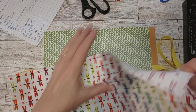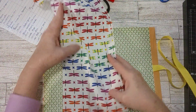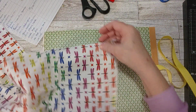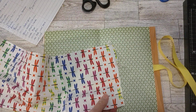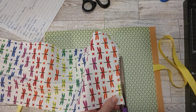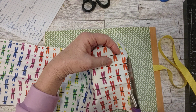And then this, I'll cut a piece for the inside spine here, and I think that'll be a nice colorful piece to put in. So let's cut across the bottom. I still have my pinking shears here. A little even line across the bottom, and as I showed you in my first video,